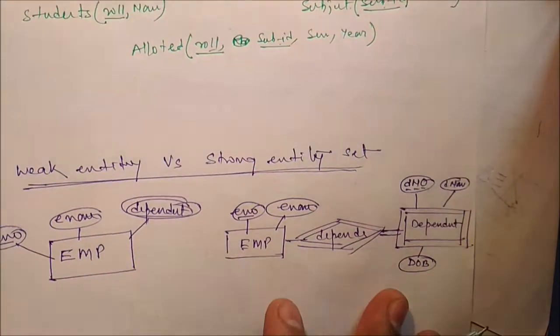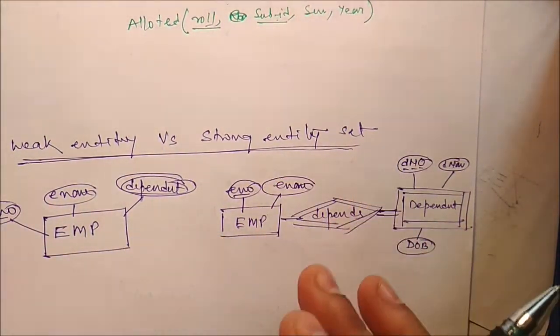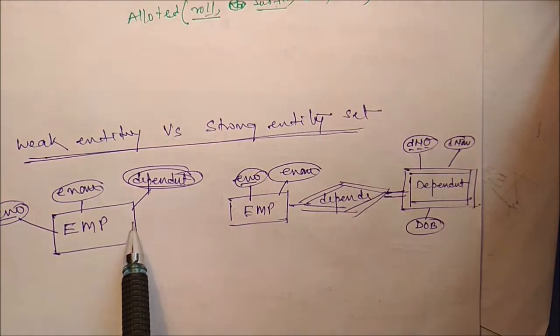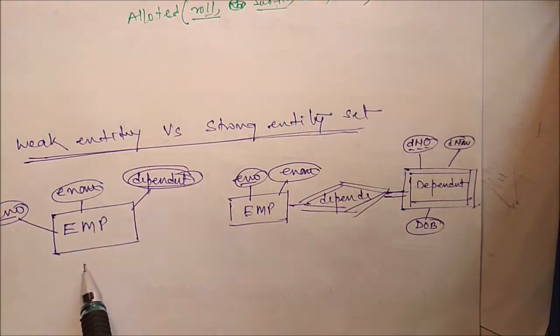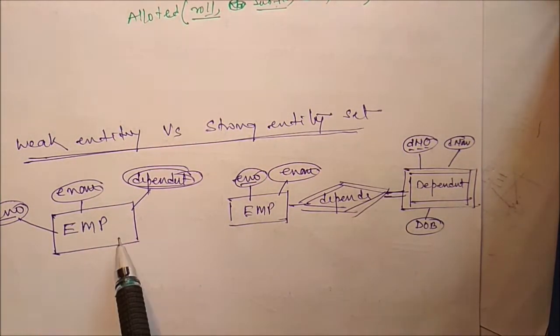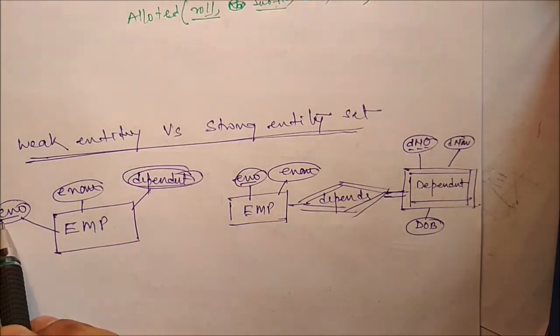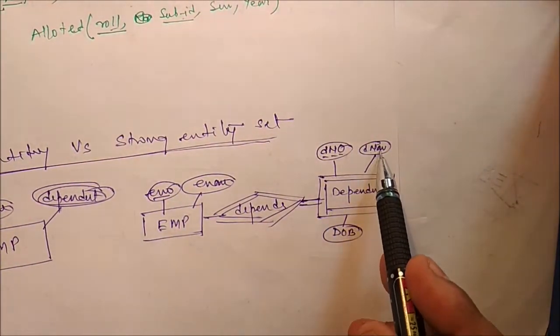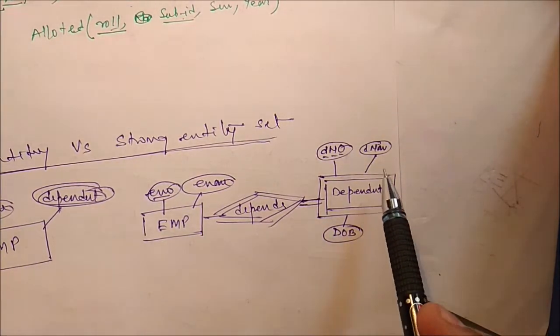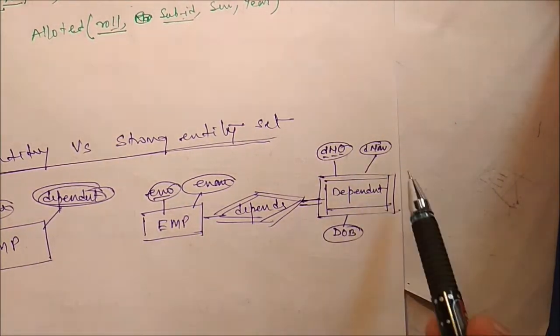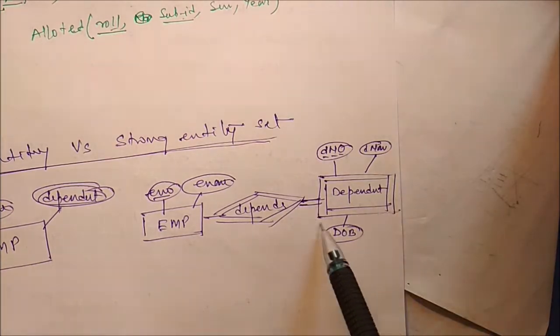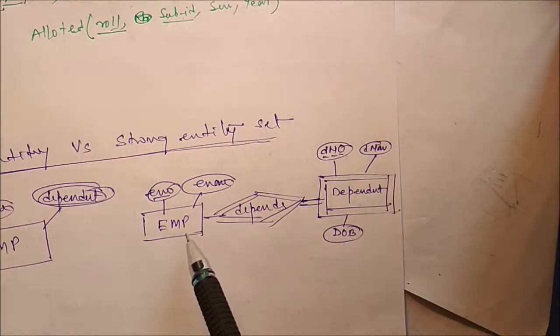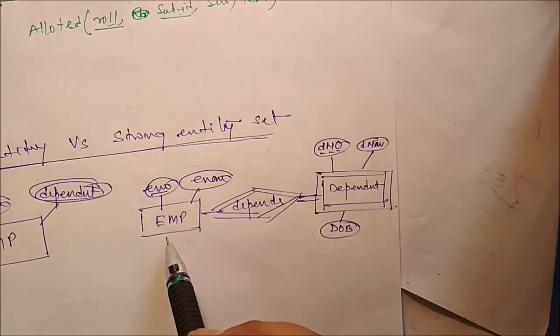Now finally we will talk about the weak entity set versus the strong entity set. So what is a weak entity set? In a strong entity set we can form the primary key, say employee number is a primary key. But if it is, say, dependent, with dependent number, dependent name, and date of birth, using this particular table we cannot form the primary key. That means it must depend on some other entity set. So this is called the